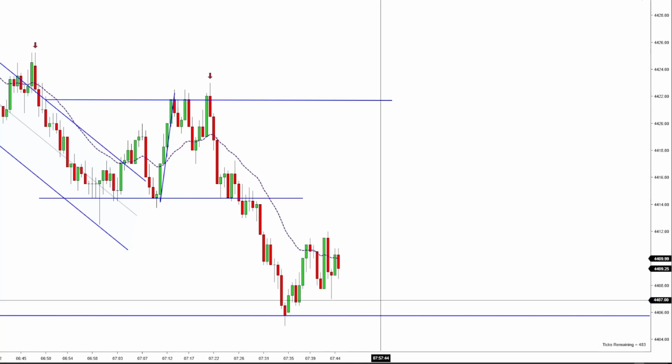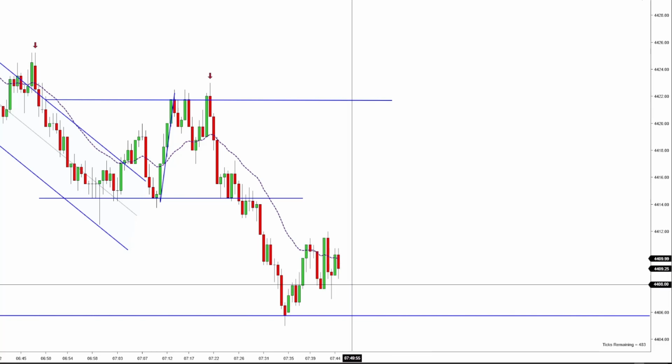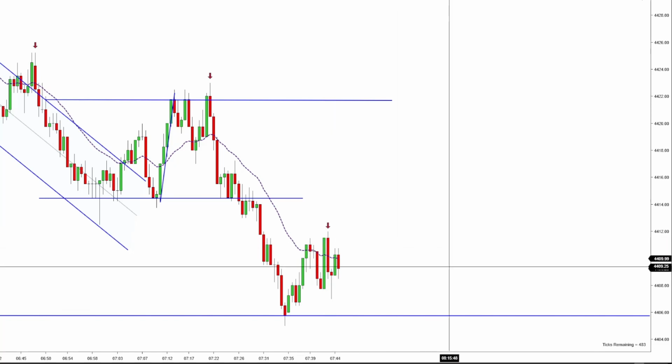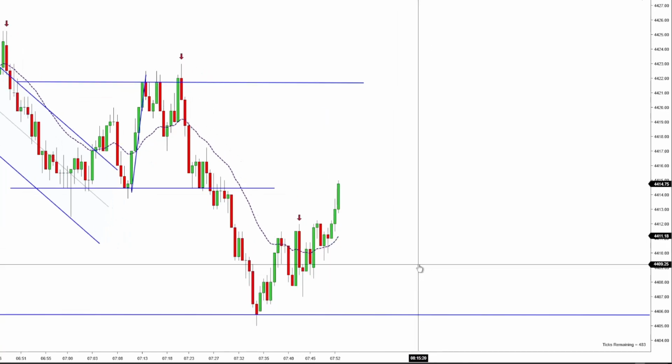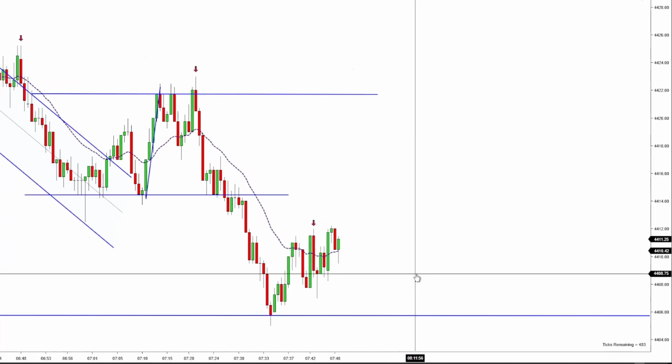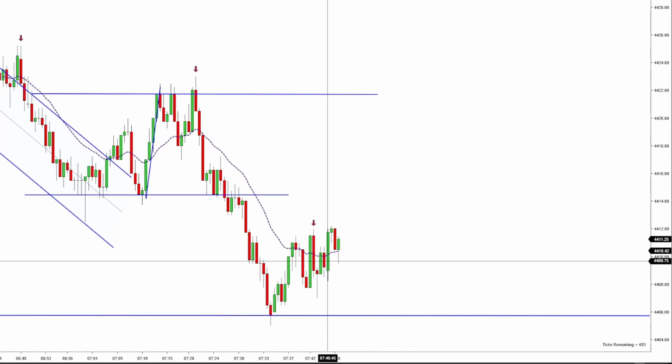It would have barely worked out for a 1 point scalp, but for the reasons I stated, I would stay away from this short right here. And let's see what happens. So we do eventually start working higher, and we see that we have a new low, first entry short,